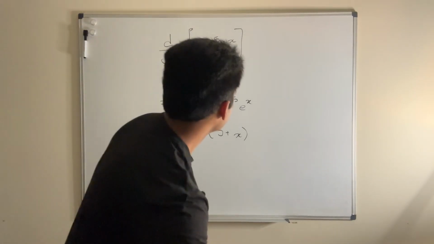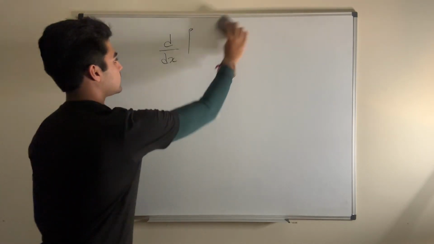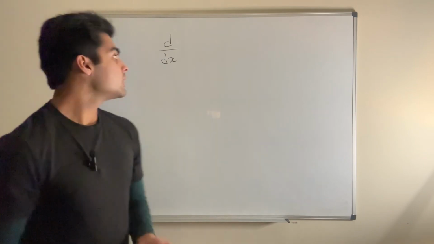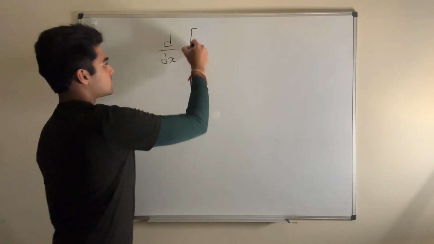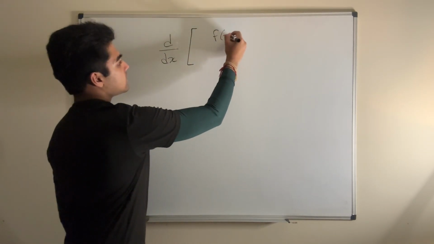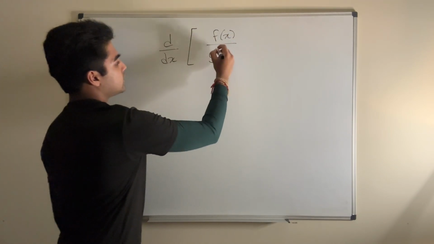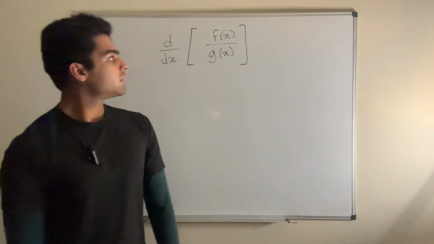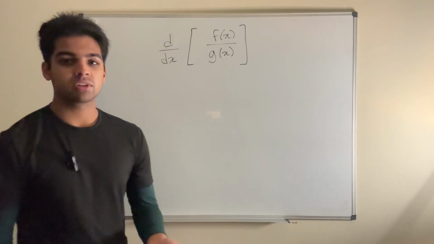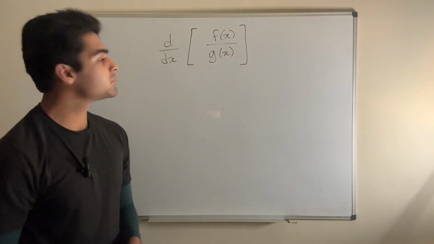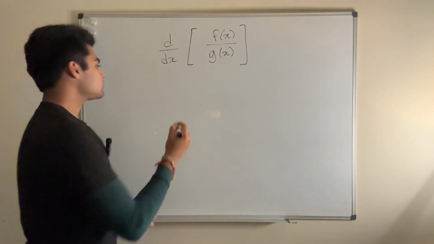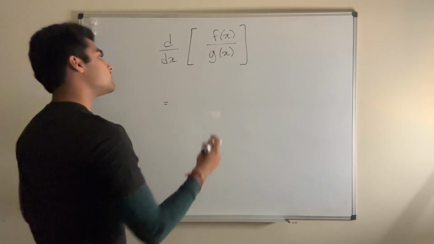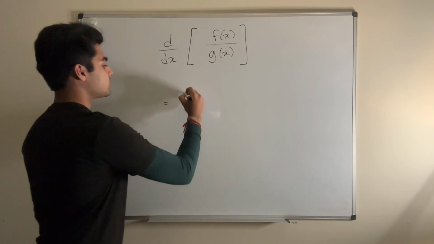Now let's go over the quotient rule. Just by the name, you can tell the quotient rule is going to have to do with dividing, right? So that's exactly what we're going to do. We're going to divide functions. So like one function, f of x, divided by another function. Okay, this one is also just a formula that you have to memorize, but this one's a bit more annoying. So this is actually going to be the derivative of the first function,